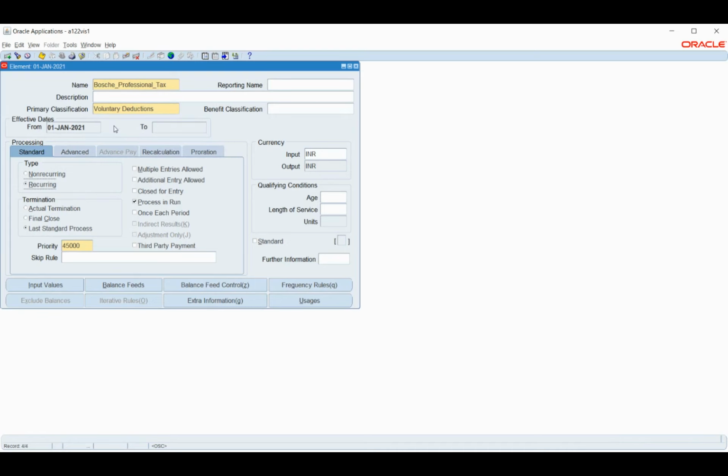So this can be standard, but still I'm not giving input values here, because if I give input values for all employees, it will be 200. For this reason, I'm avoiding giving it here. The other component, probably I'll say, is PF. For the PF component, again, I'm giving this as a voluntary deduction. Again, this is non-recurring.